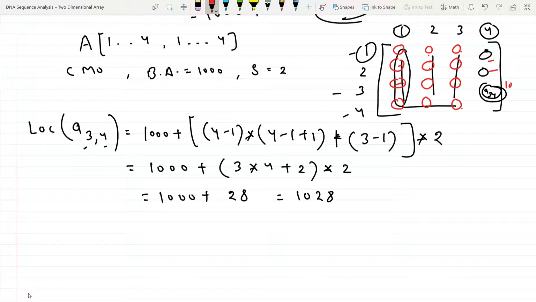So what will be the address? It is 1028, because we are storing column wise.